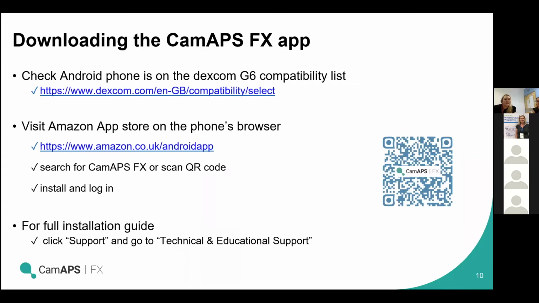Downloading the CamAPS FX app to your Android phone, first of all, really importantly, you need to make sure that your Android phone is one that can be found on the Dexcom G6 compatibility list, and there's a link to that there. Once you're happy that your phone is compatible,